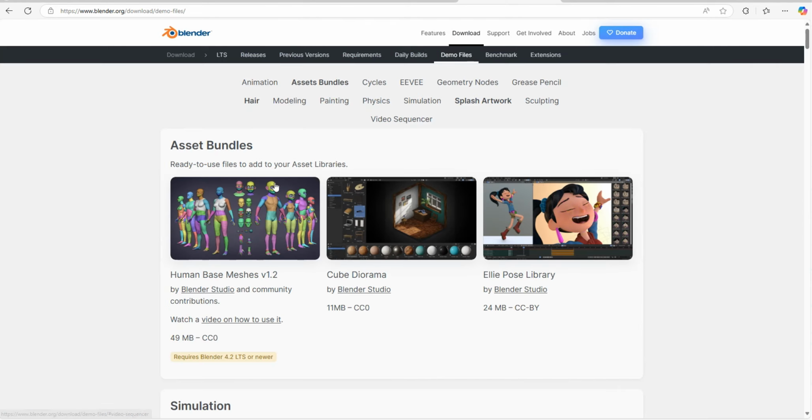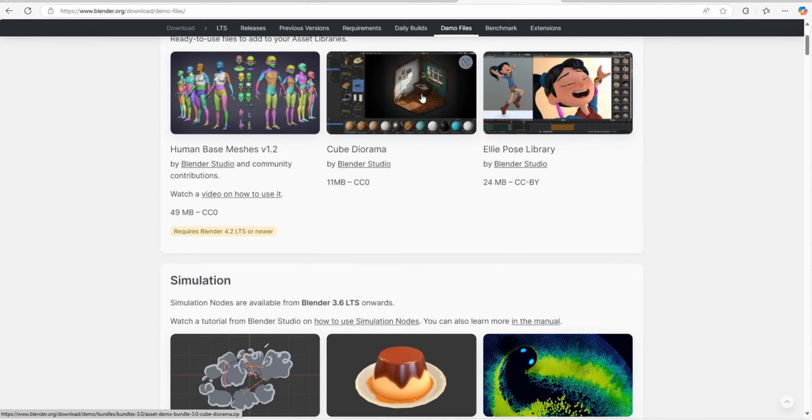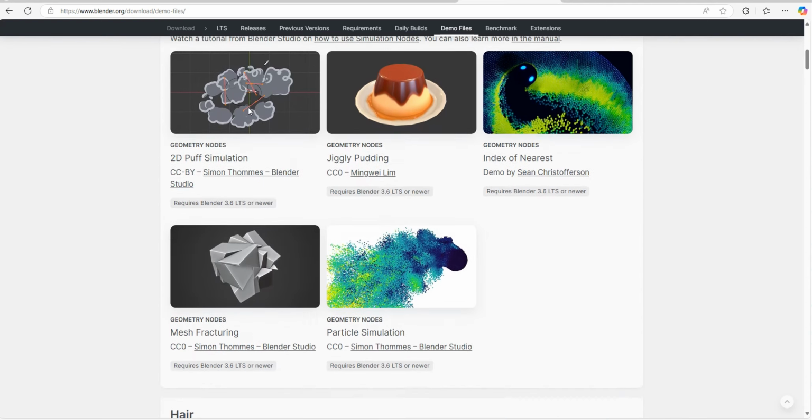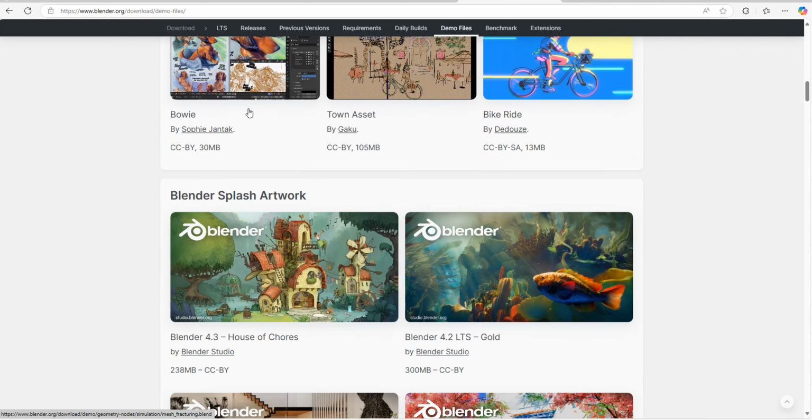When you go to demo files, you'll have a number of different things you can choose from. The cube diorama is great for small scene lighting, checking things out. You've got the Pose library if you're into animation and rigging characters, and then you've got human-based meshes. And on down, you can scroll, and right here is where I downloaded the blend file for the new 4.3